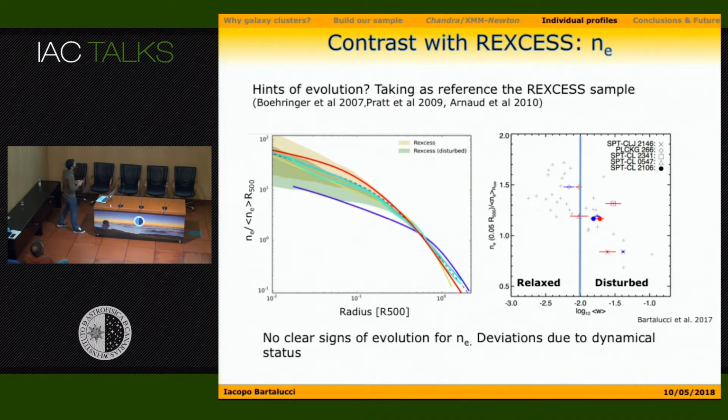Okay, now the first thing we have is comparing the individual density profiles that you see here with colored lines with the REXCESS dispersion. And in particular, you see here in light green the 68% dispersion of all the REXCESS profiles considering the whole sample, and in dark green the disturbed clusters, so the clusters which are undergoing violent mergers. And what you see is that our profiles are somehow lower than